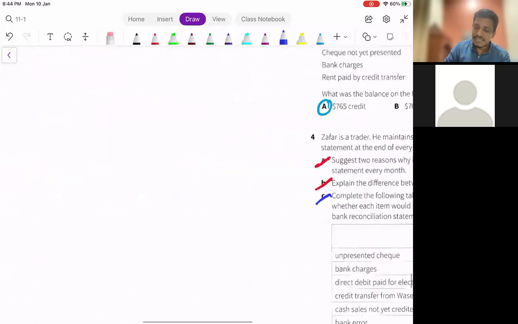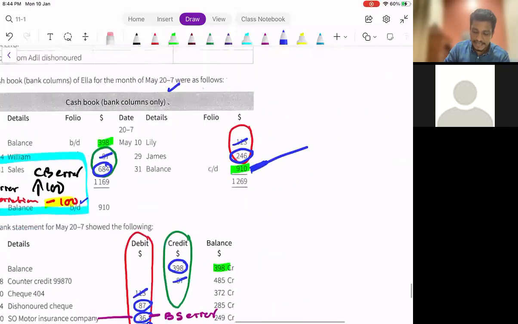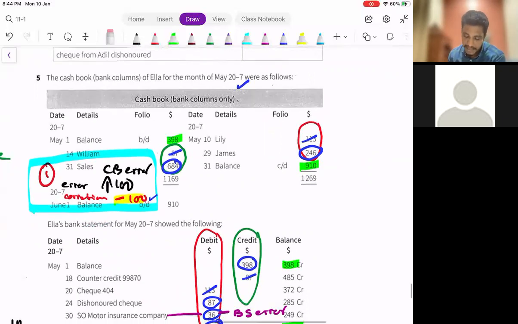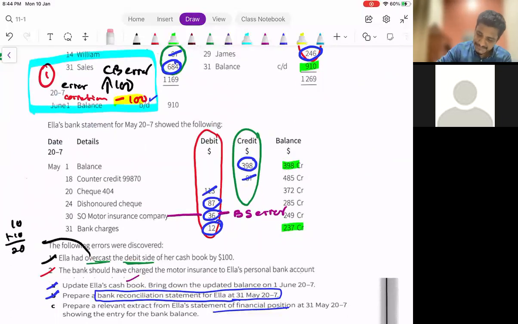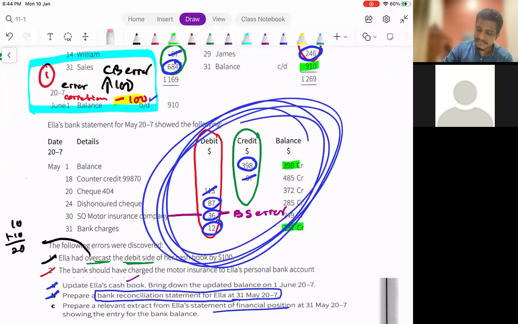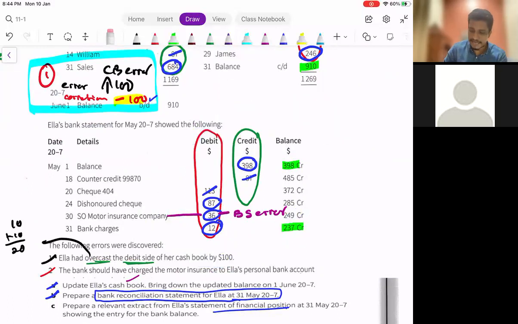After that, do you think anything else from the cash book will go to the updated cash book? No, nothing, except the cash book error. After that, here we have a few circles. All these circles will go to the updated cash book. First one, the 938. No need to circle actually. Sorry, just now. This is a balance actually.